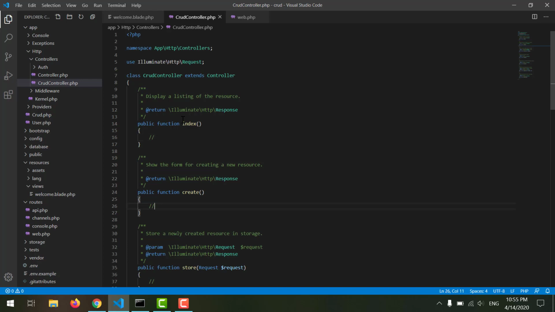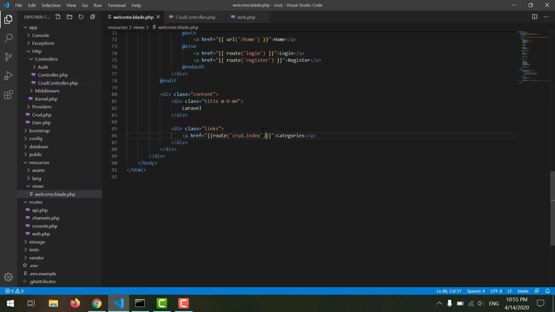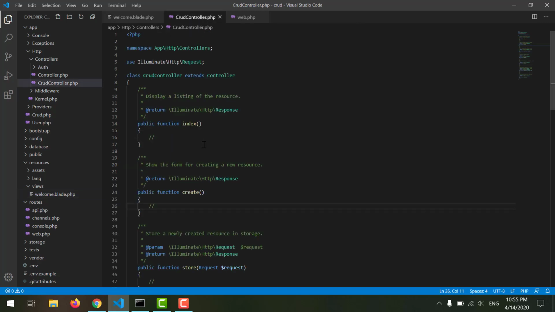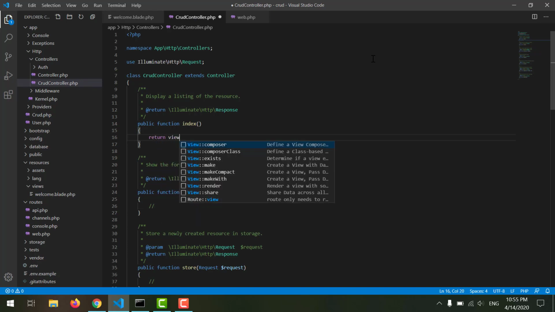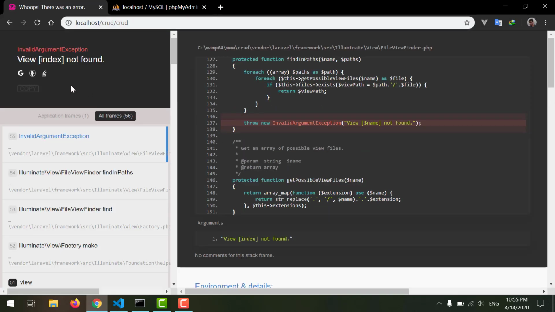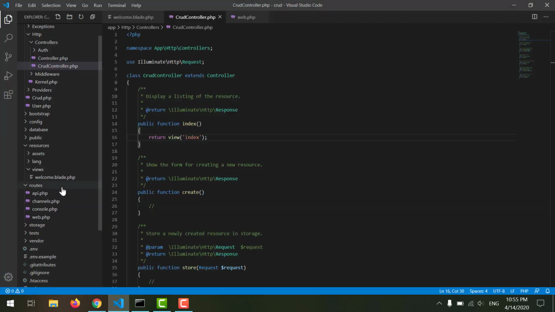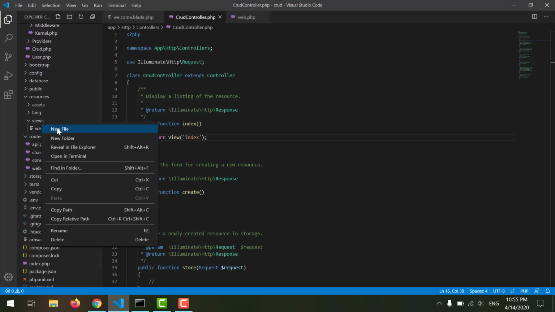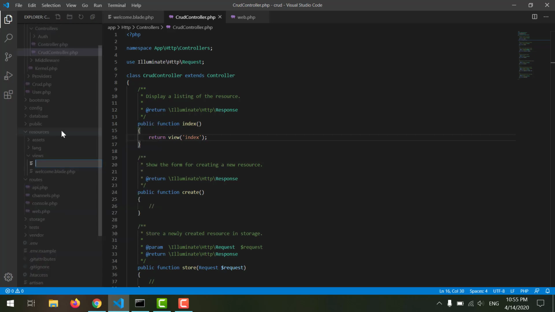First of all, we need to be able to create some categories, and for that, in our index method, let's first load a view here, and we can say return view index is fine, and save it and come to the browser and refresh it. As you can see, it says the index page not found. Now we should create the index page. We can say new file in our views folder,